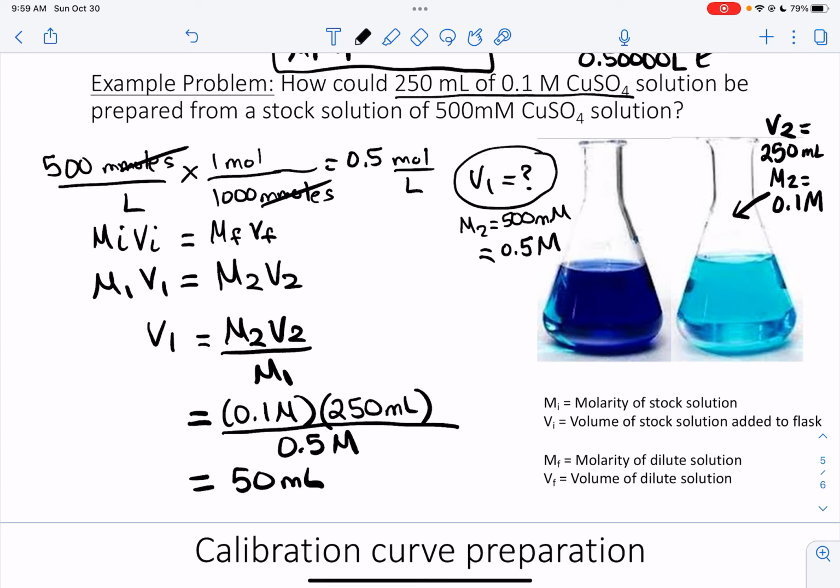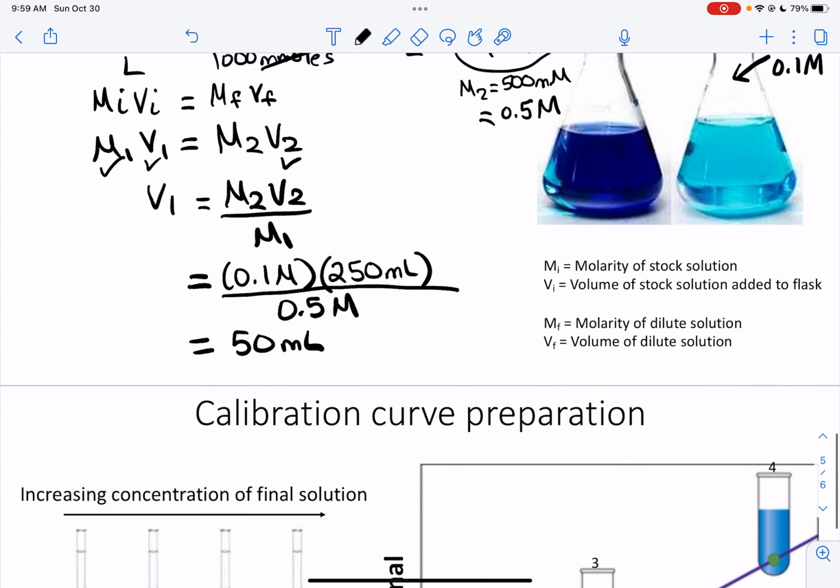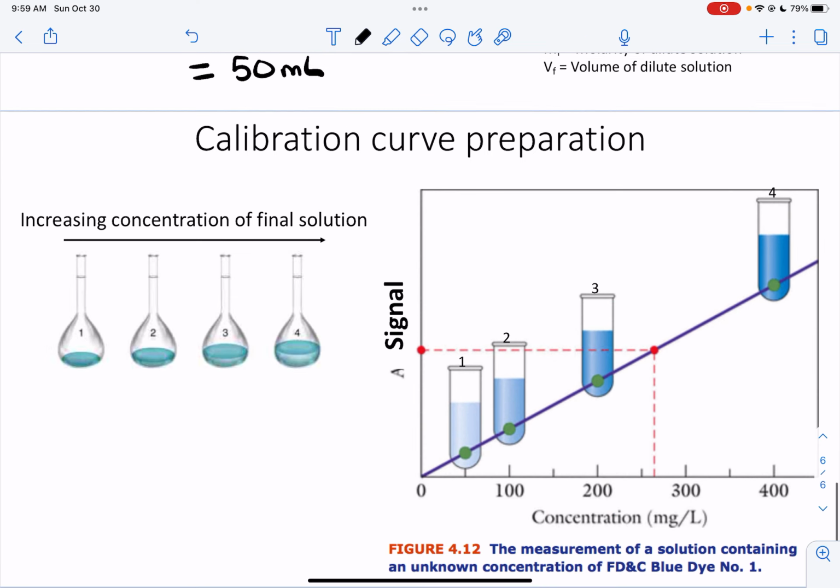Typically in this lab, you're going to do a series of calculations where you actually know the molarity of your stock solution, because you can calculate it like we did before. You'll know which volume you transferred and the final volume, so you can do a similar rearrangement to find the molarity of each of your dilute solutions. The V1 in your case, or the initial volume transferred, is going to be the amount that you pipette into